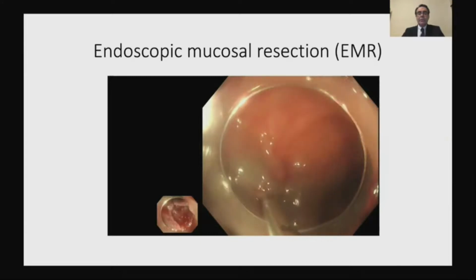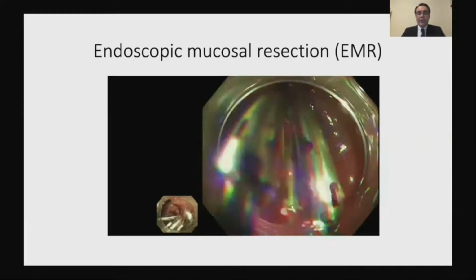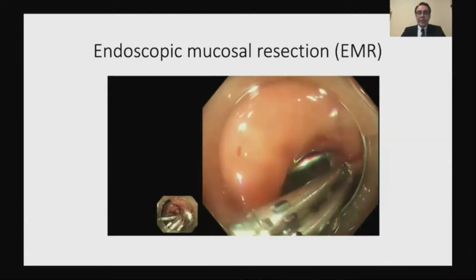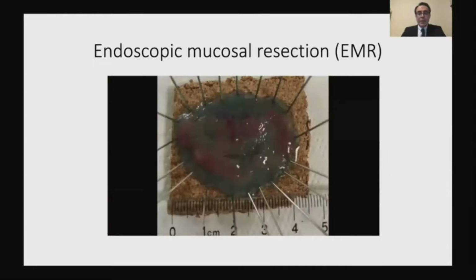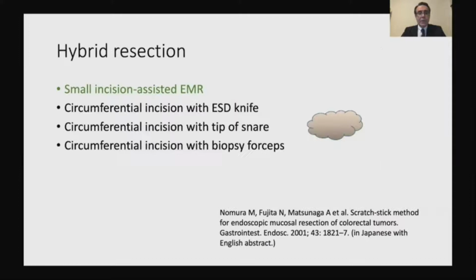And later on, we will stretch the polyp on a cork. The polyp initially on stretch was 2 centimeters in size, but we know that when it was in the colon, it was bigger. It was a 4 centimeter polyp, which was removed completely with R0 resection, and it only had low-grade dysplasia. So EMR can be very effective, but sometimes in order to achieve an en bloc resection, we want to use